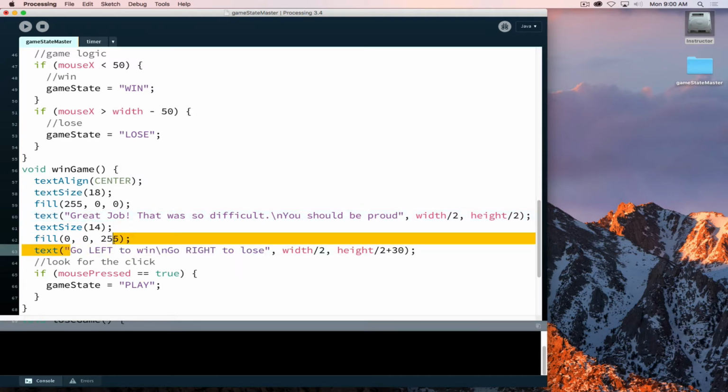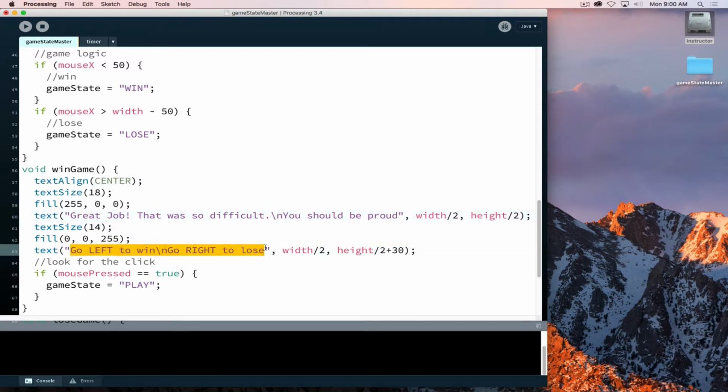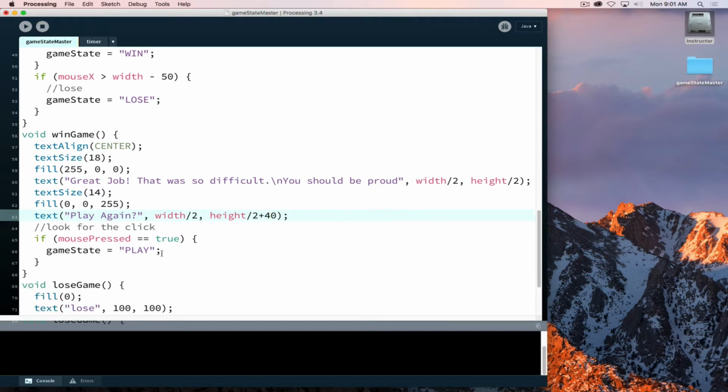Now we can change the go left to win, go right to lose, and modify this a little bit and perhaps say play again. To bump that down. Now with this,